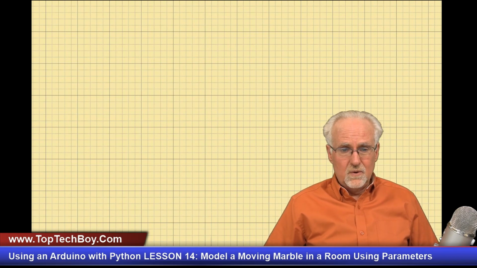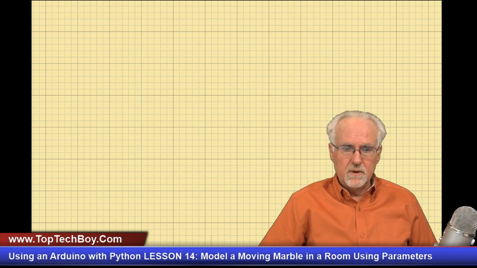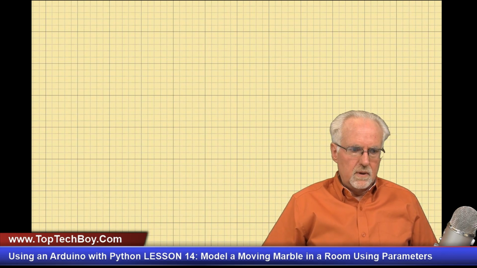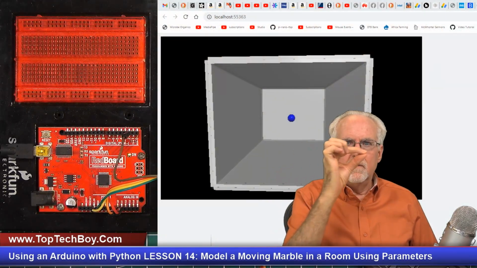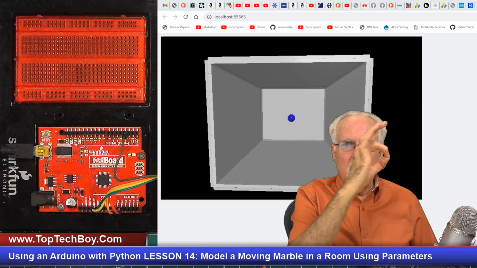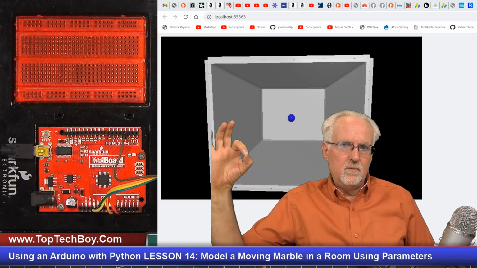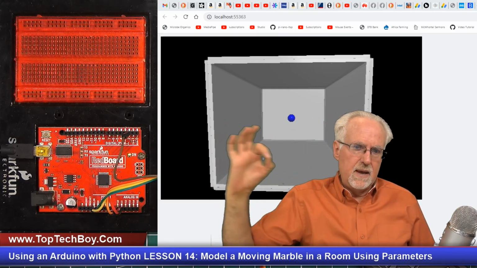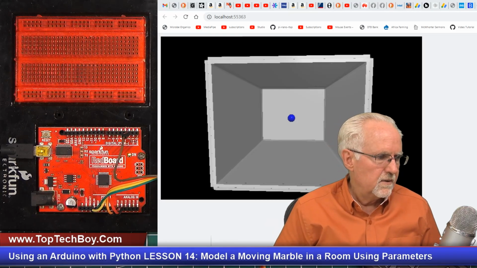Okay, what I had going earlier was I had it bouncing back and forth. Do you remember? What I want that ball to do, you're not able to see that, so I'll put it over here. I want that ball to go over, and as soon as the ball hits the wall, I want it to bounce back. And then when the ball hits this wall, I want it to be bouncing left and right, hitting the wall and coming